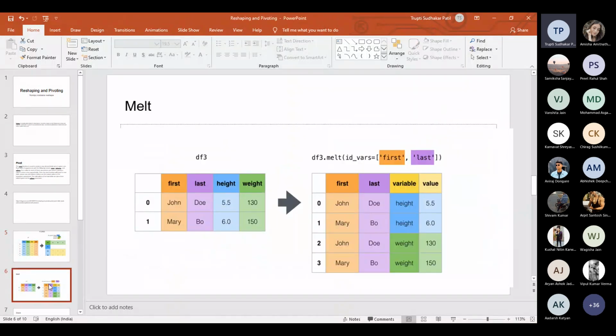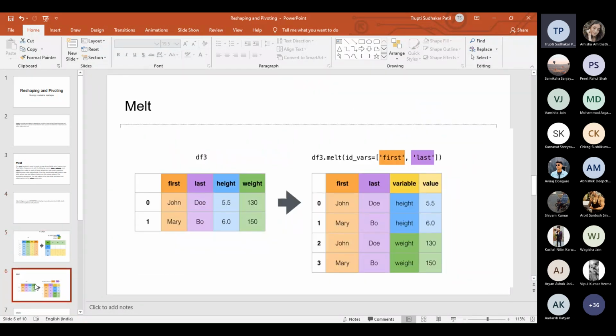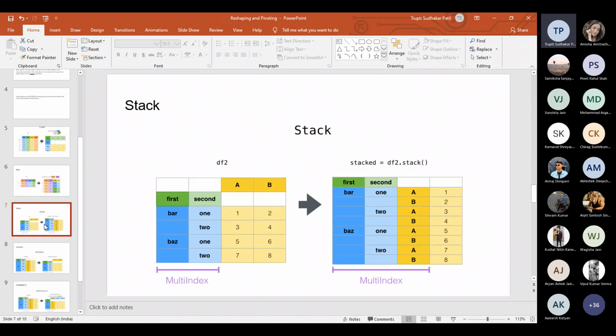Okay. Then the next function is called melt. In the melt function, we have aggregation. Aggregate means, this is my index df, and we can derive from it the x-axis and how we can derive that particular thing. We can say aggregate values. So that is what we call the melt function. Okay, I will show you the example. Just remember these figures.